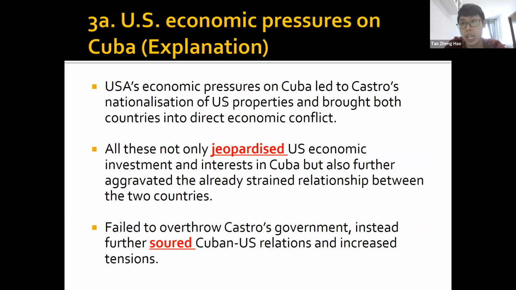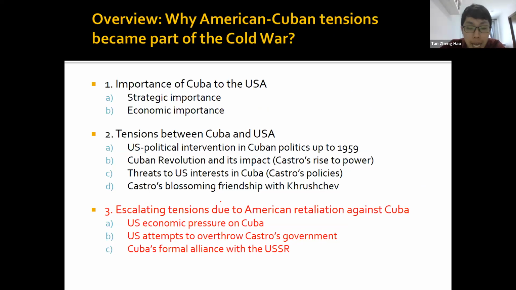But it still created a lot of tension because it made things unnecessarily difficult for the Cuban side. So there was a lot of economic pressure and it strained relationships between the two countries. Then another thing that the US did was